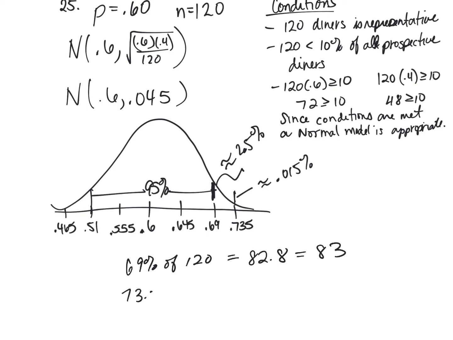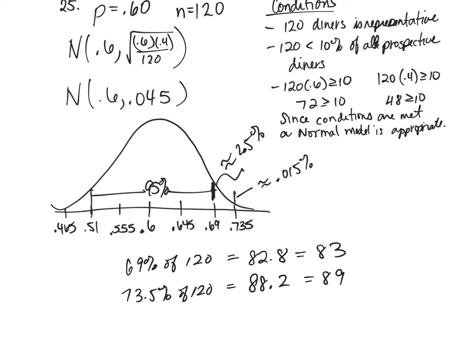And 73.5% of 120 is 88.2. So 89. So either 83 or 89 seats for the non-smoking section would be very sure to have